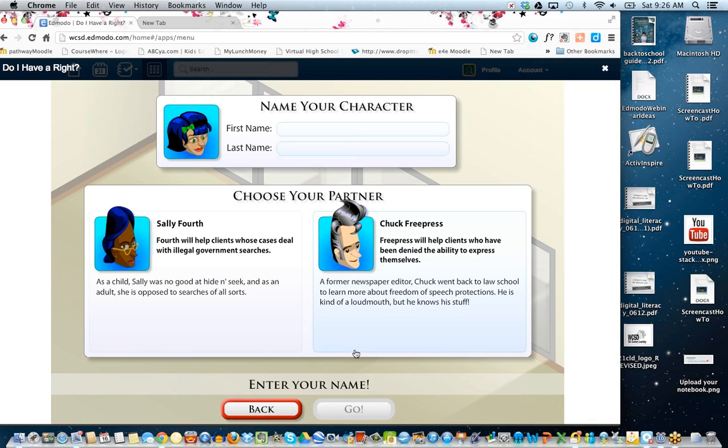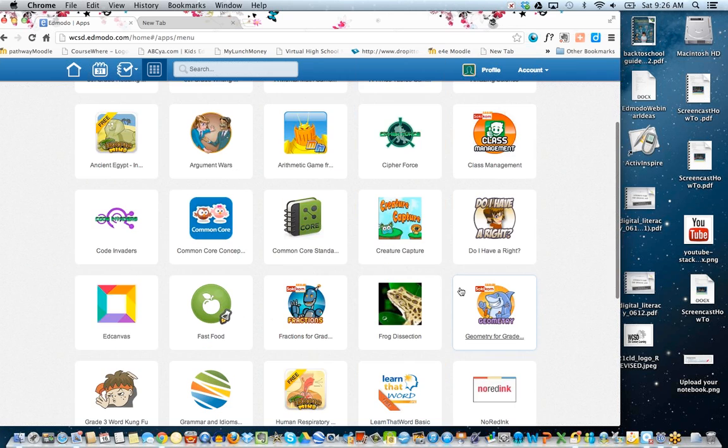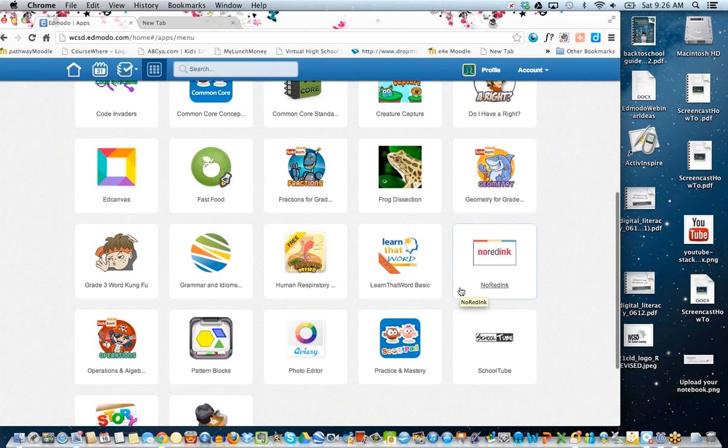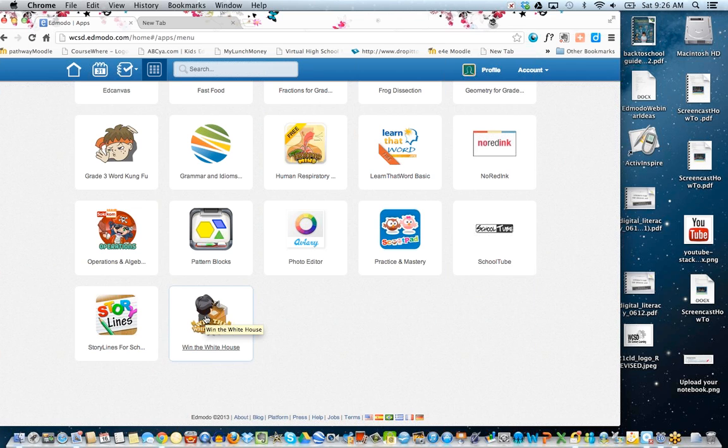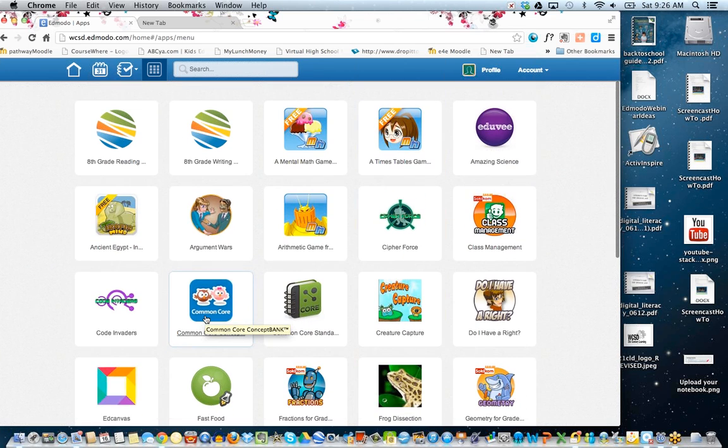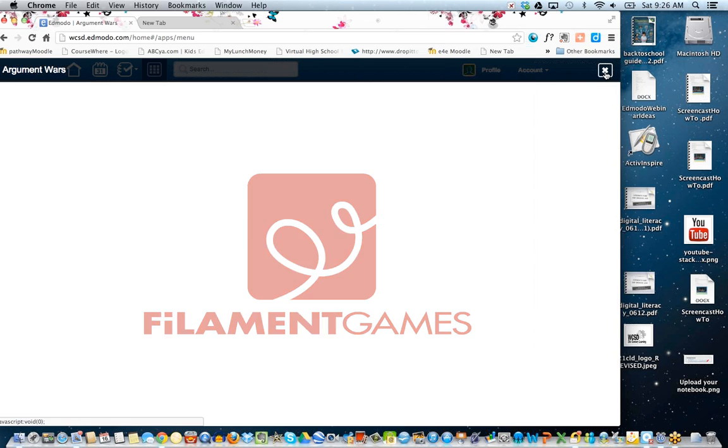This is one where the kids have to argue different cases. They have to look at different points of view, and they have to be able to express that and communicate that. So again, if that's something that you're like, oh, I don't know if I want to buy that one, that's one that I already bought that I put in there. And there's a couple other social studies ones in there too, like Win the White House, I loaded as well. And Argument Wars, I think this is one that's also produced by iCivics, and they have to argue different cases from different points of view, and it's created as a game.